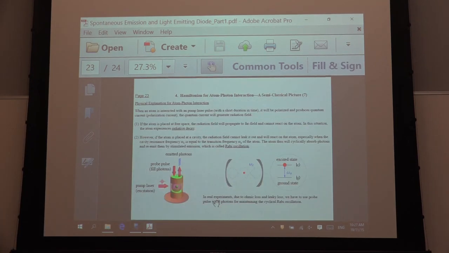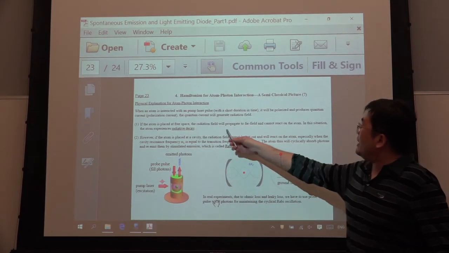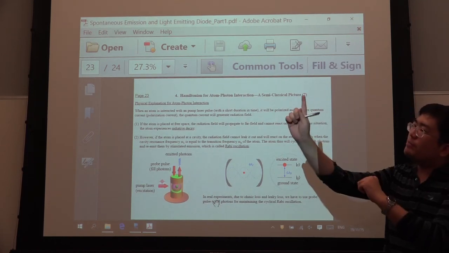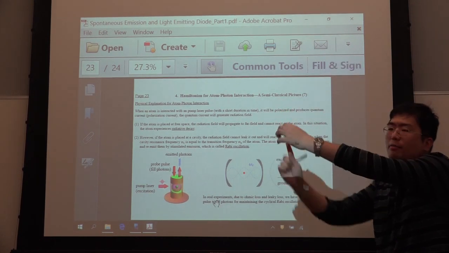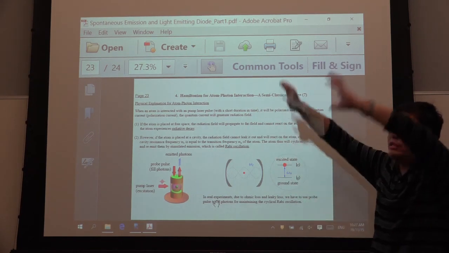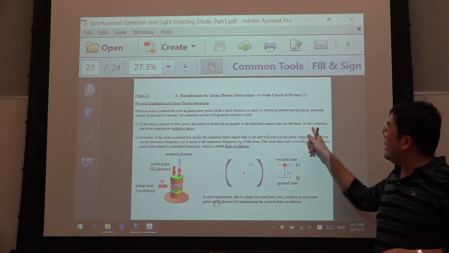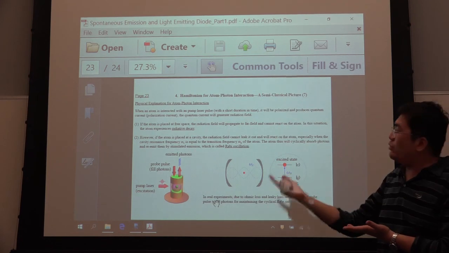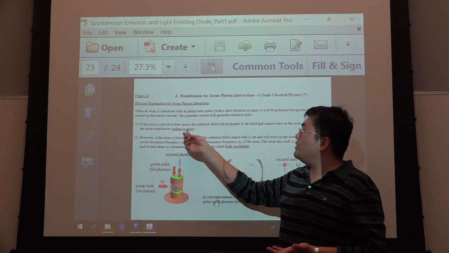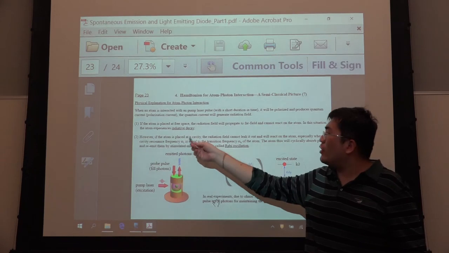So there are two situations. If the atom is placed in free space, the radiation will propagate to the far field and cannot return back. If you use a laser to shine on the atom, it polarizes and produces some quantum current. This quantum current also emits the electromagnetic field. The field goes to the far field and cannot return back. So the influence of this field on the atom can be ignored. In this situation, the atom has radiative decay. However, if the atom is put in a cavity,